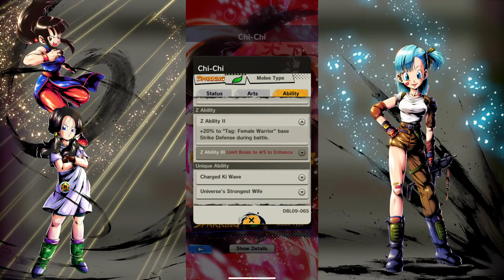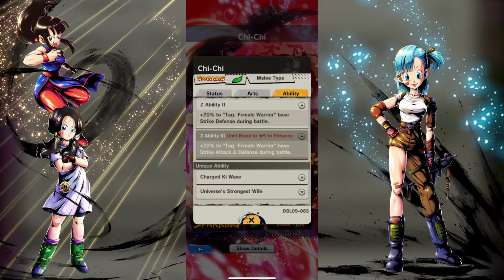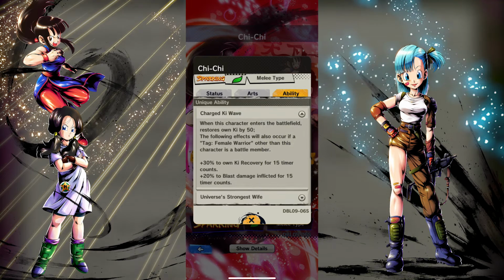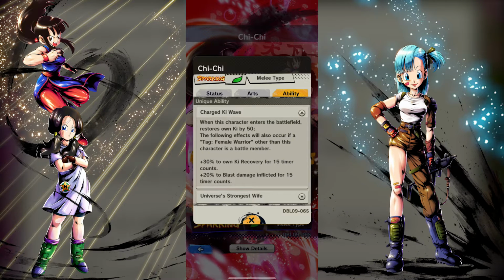Z ability, strike defense, and if you get to 5, strike attack and defense, so very good Z ability. Unique ability is pretty great. When the character enters the battlefield, you restore own ki by 50 instantly, which is kind of nuts. And also, if you have another lady on your team, you get 30% own ki recovery for 15 counts